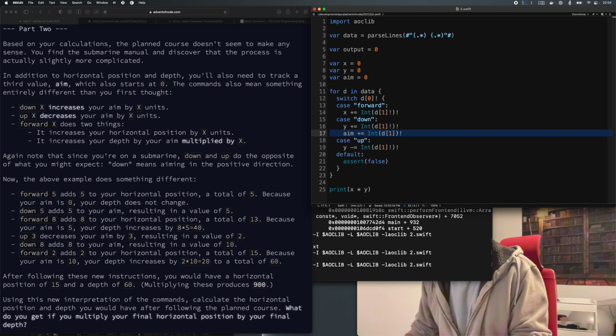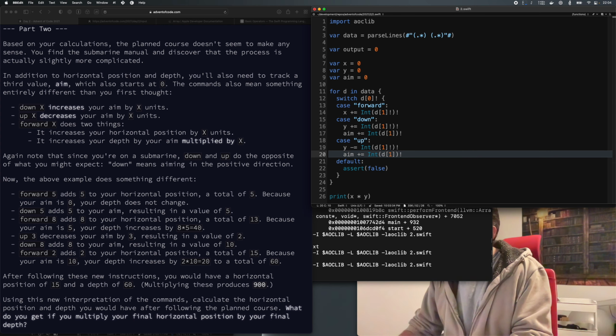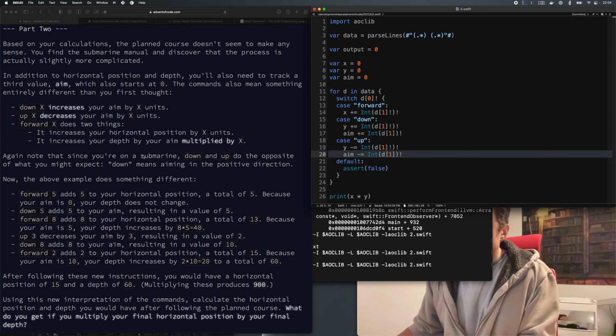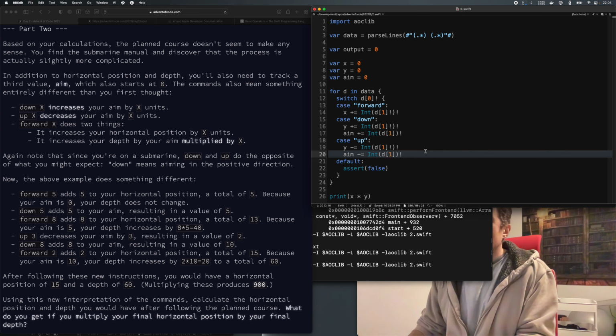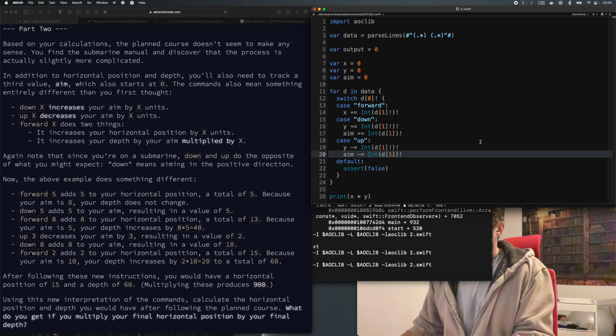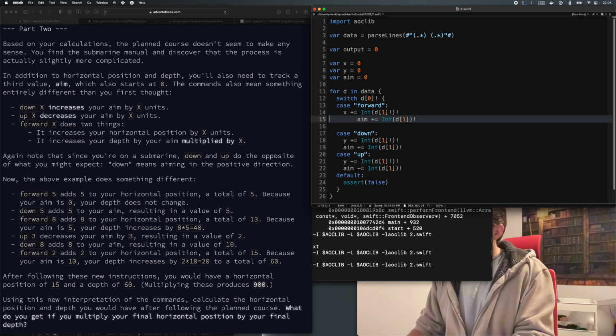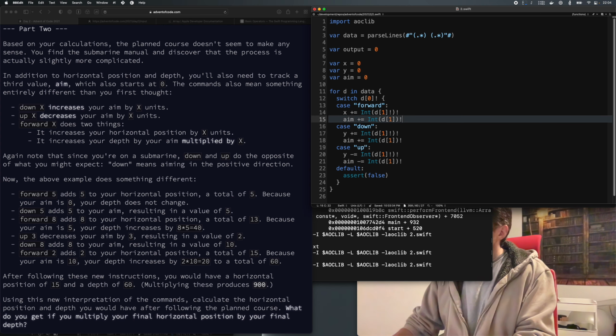Up decreases aim. Oh, this is where I should use my key commands instead of just arrowing over. Forward. Oh, and it looks like... How do you just open a new line? I don't know. It's ugly.